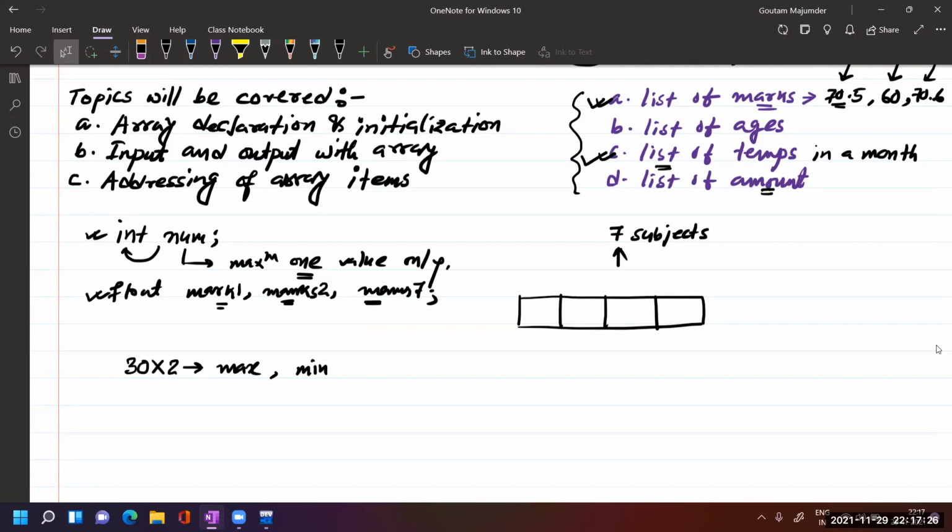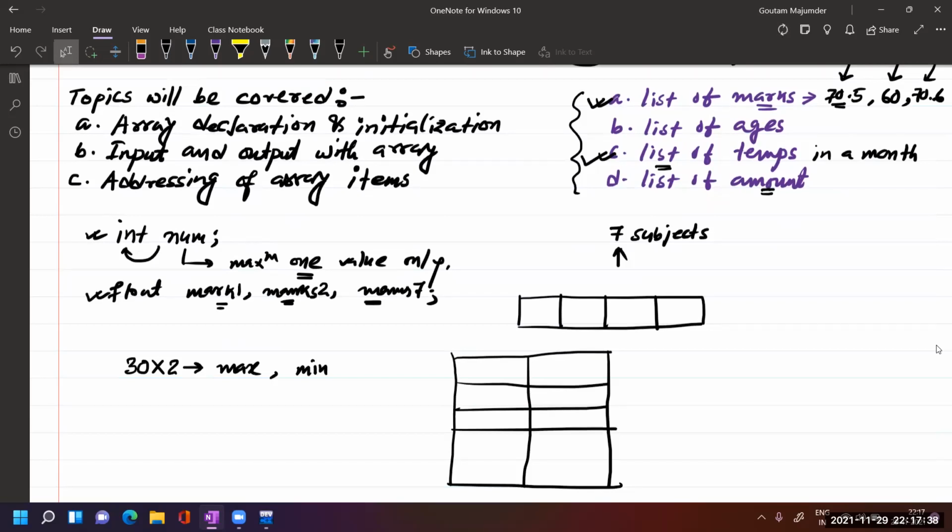If I consider it like a matrix, now you can see one will represent my minimum value, another will represent my maximum value. So this is day 0, day 1, day 2, day 3, day 4, and this is my minimum and this is my maximum. So we can record the temperatures. Later we can also calculate the average temperature in this particular month or in a week. Here you can see we need 2 dimensions. This is a 2D array, which looks like a matrix. Our previous one is a 1D array, where there is only one dimension, one size.